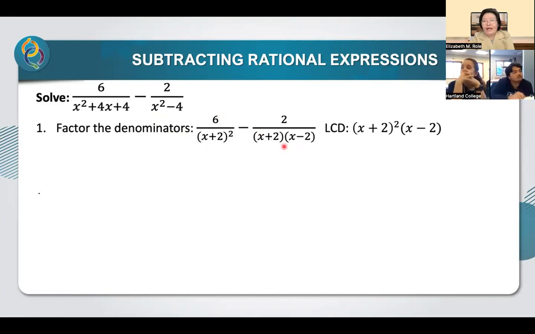So therefore your LCD would be, x plus 2 squared can already be divided by x plus 2. So between these, the least common is x plus 2 squared, and of course x minus 2. That's the least common denominator: x plus 2 squared times x minus 2. And then,